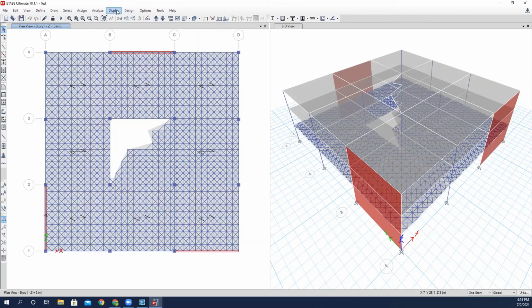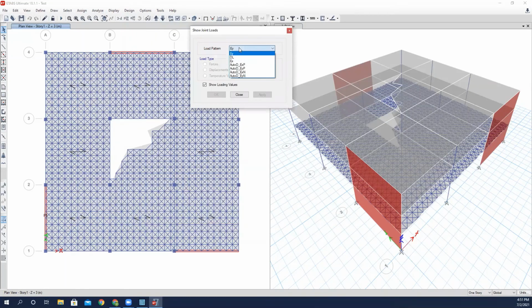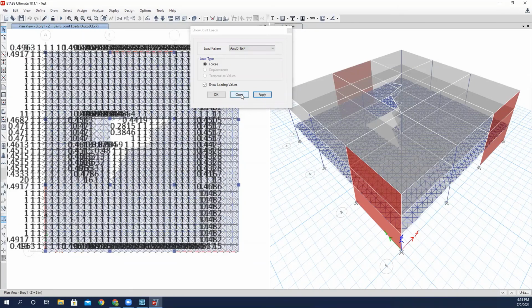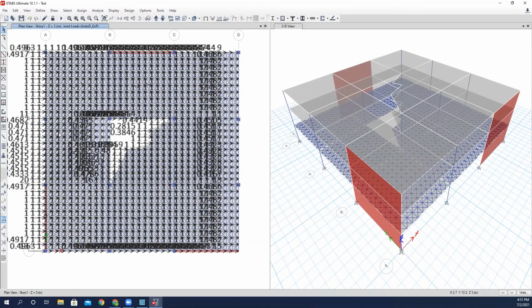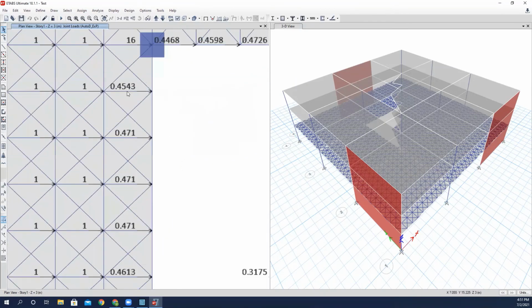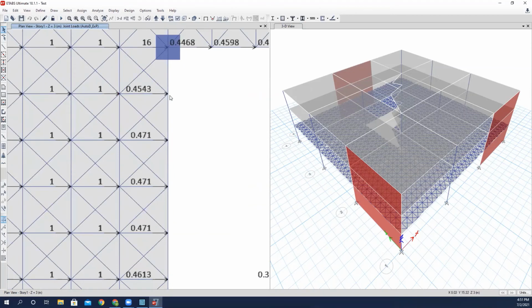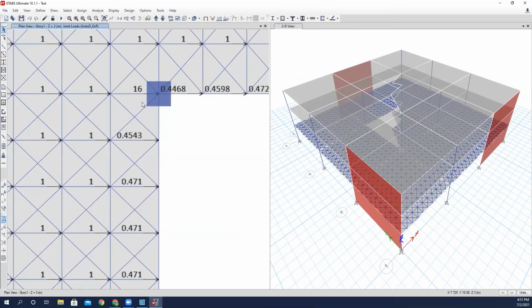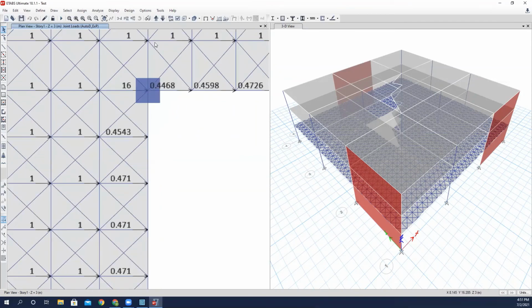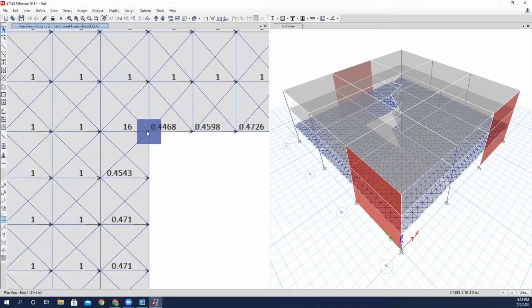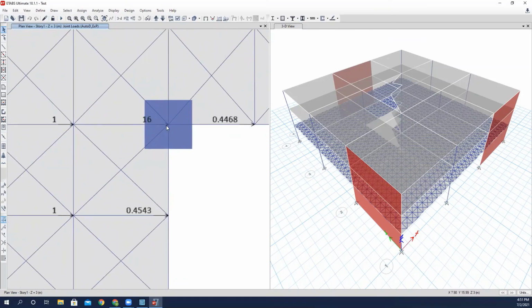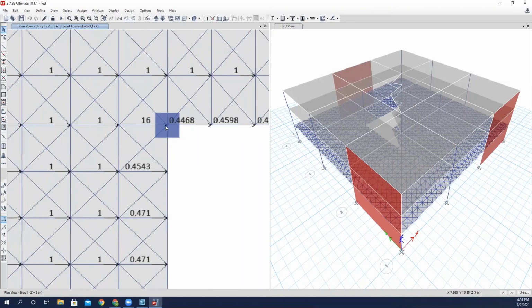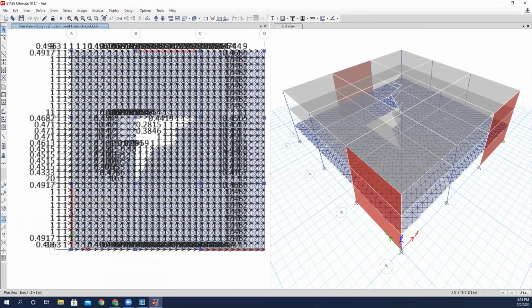If you want to better see those loads, you can always go to joint and select this option, and you can see these applied forces on each joint. If I, for example, zoom, you can see that this one is 1 and this one is almost half of this, and the reason is that the tributary mass of this joint is less than this. You can see that this joint has taken more load, and that is because the weight of the column, weight of the beams, and everything has been concentrated on this one. If you also wanted to have the same force distributed to this point, then you could actually